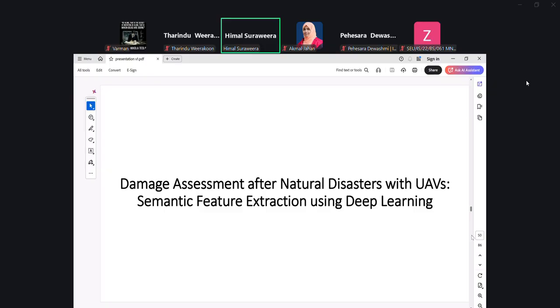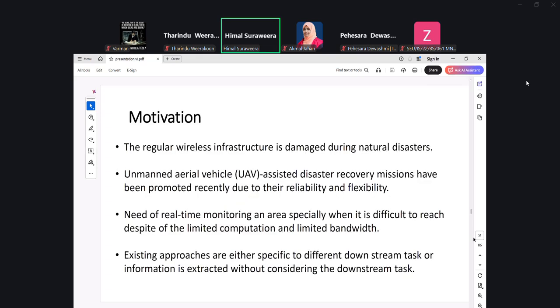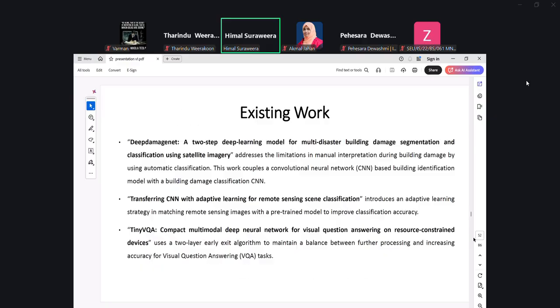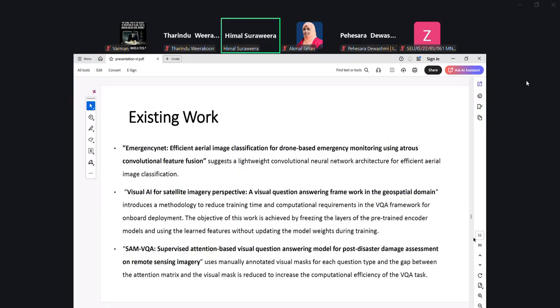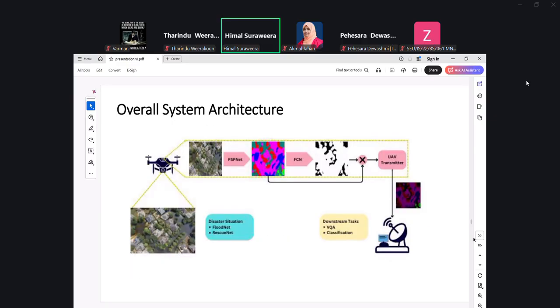For example, to understand what type of damage has happened on the ground level, whether people have been trapped inside buildings or whether buildings are going to collapse and so on. So you can clearly see that the decision-making part or the understanding part is done using machine learning, and wireless communications will help you achieve data transmissions in this process. So I will quickly go to the basic diagram.